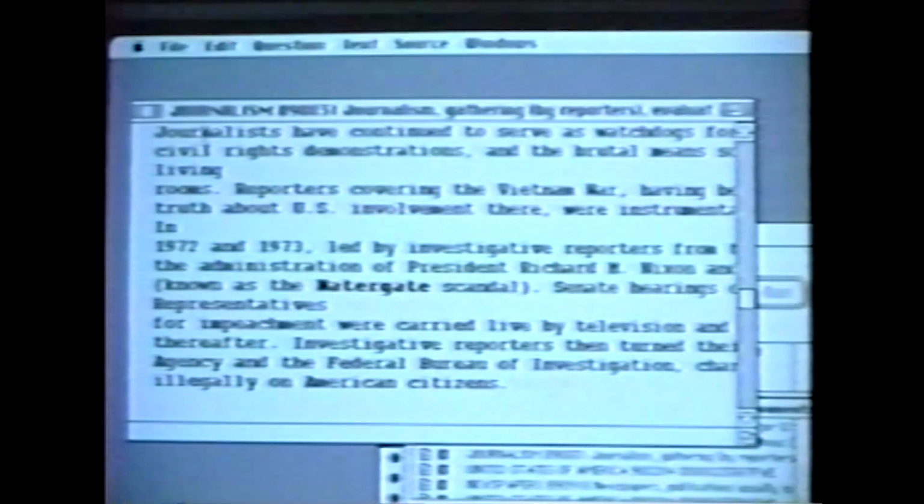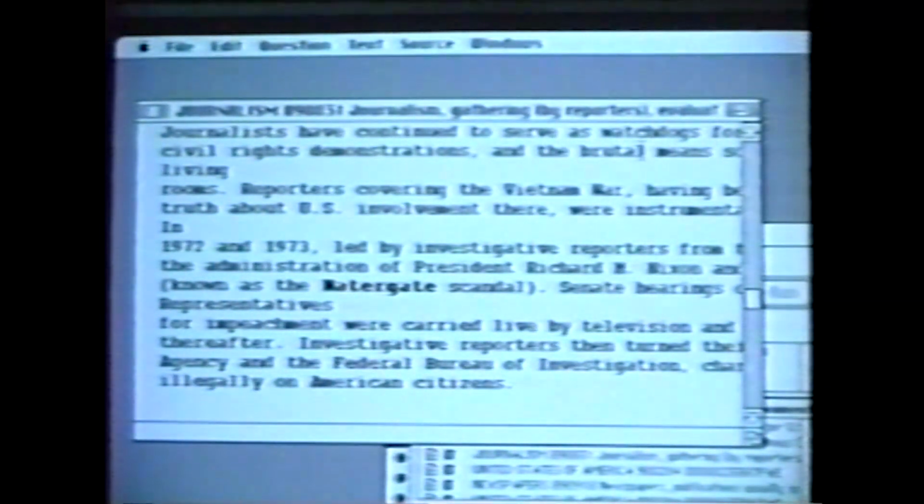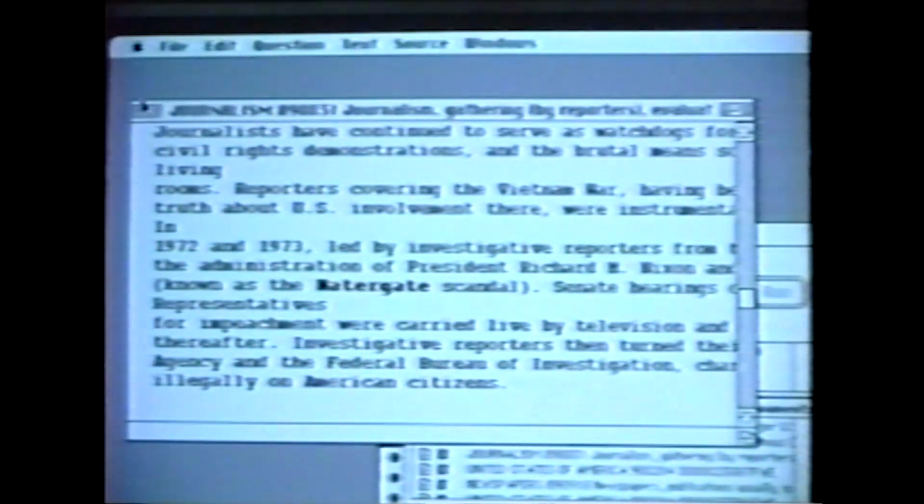And if we read the text, we see that journalists have continued to serve as watchdogs and so forth, and it has to do with the Watergate scandal. And that article has a lot of text in common with the original question. Now, WAIS Station has another interesting feature, which is that I can open up a new question, which I will